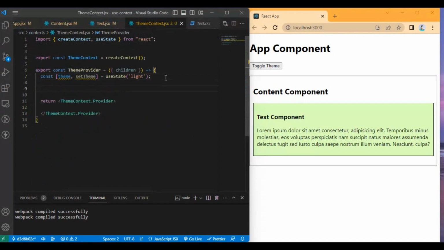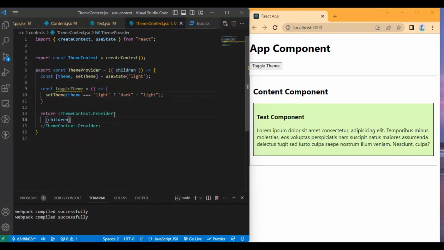I want to create a toggle function here so that I can pass it to all of the components that I want to use it. In the theme provider, we have to pass the value as well.